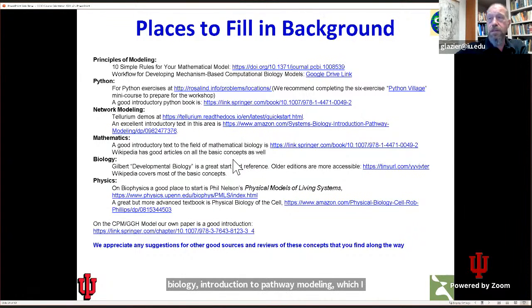There are many good places to learn the basic mathematics. This is a textbook that we find is good for people not too demanding, but Wikipedia actually has a lot of the basics too. On biology, I really love Gilbert's developmental biology textbook. It really covers an awful lot of the things that we need to know at about the right level. And if you don't own a copy, I recommend buying an old copy. You can go